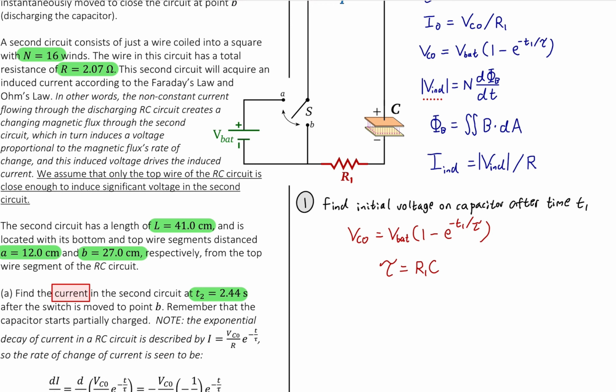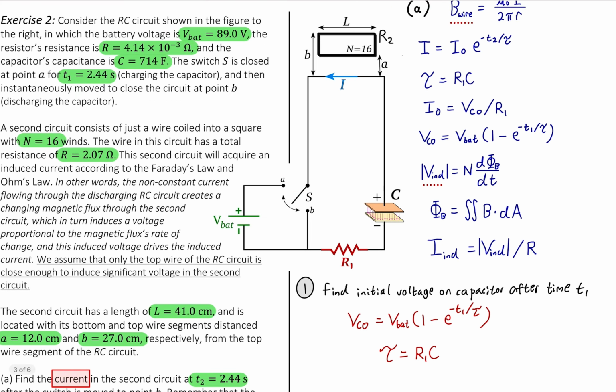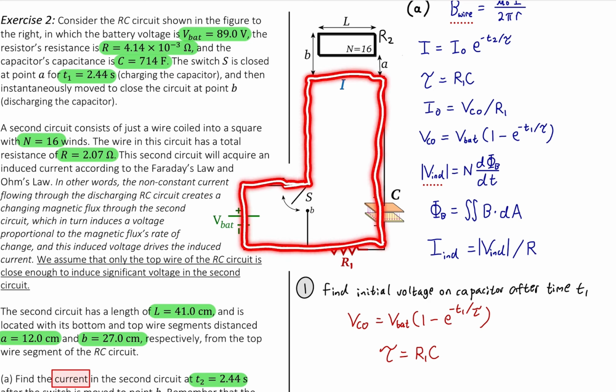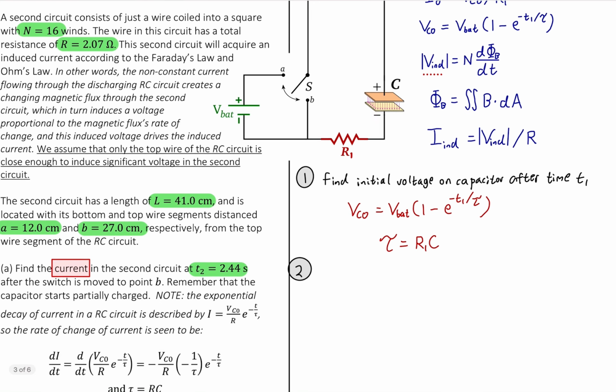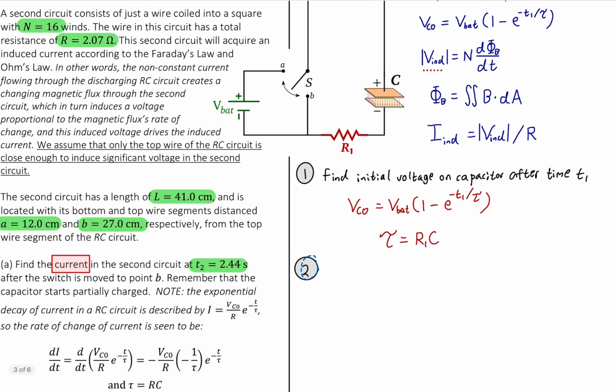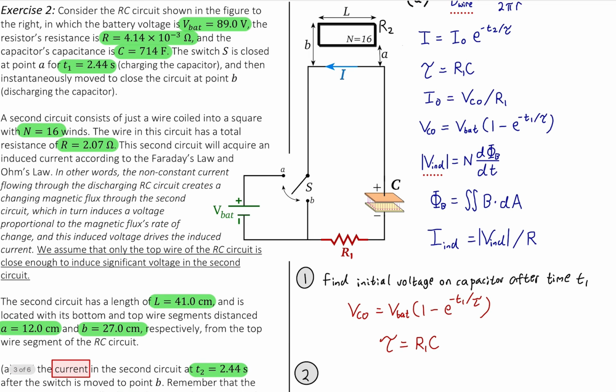And the last thing I wanted to say on that is that that's just when the circuit consists of the switch being closed at point A. So the circuit would just go around like this, all the way around, and that is the charging circuit. Okay, but after t1 of charging, we now are going to start the discharging. So as far as the discharging,